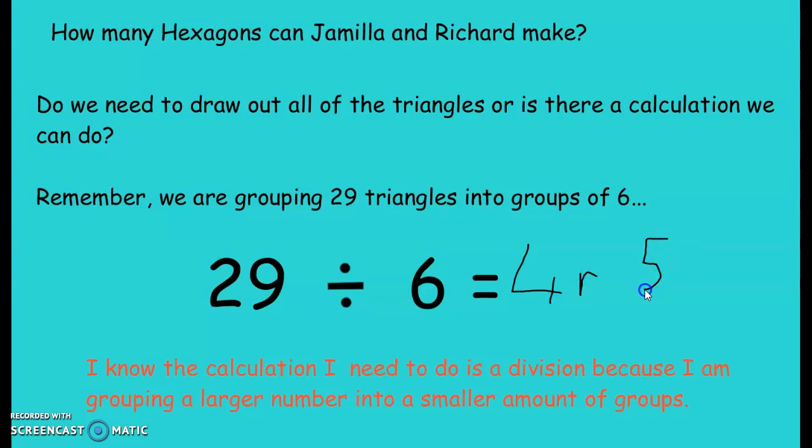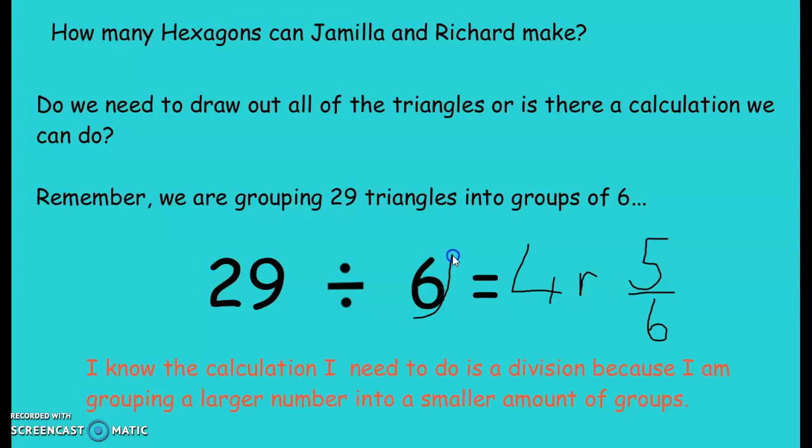And you may remember that I showed you a really interesting trick the other day to turn your remainder answer into what would be called a mixed number, which we'll find out more about later on, so don't worry about that phrase. But the simple trick is, if you've got an answer with a remainder, then you don't have to write 4 remainder 5. You can actually turn that into a fraction by making the numerator the remainder